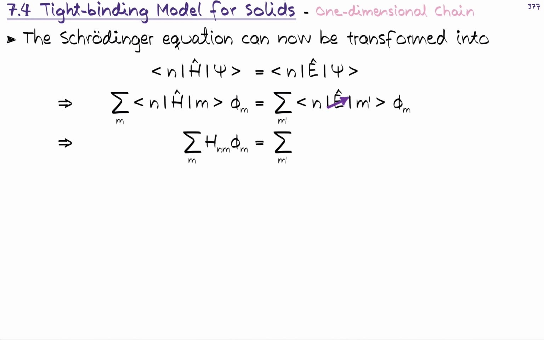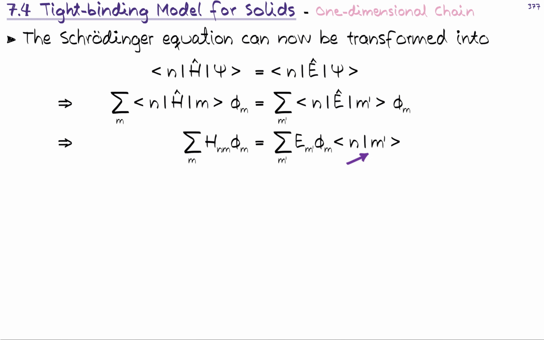So please note this ket of m prime is operated on by, or maybe I should say the other way around, this energy operator is operating on the state of m prime. So what we get out, of course, is the eigenenergy E_m prime. And then we have the scalar. We can change the scalar to be on the other side of the brackets because it's a scalar, we can change the order, no problem about that. And then we are left with the bra of n multiplying a ket of m prime.